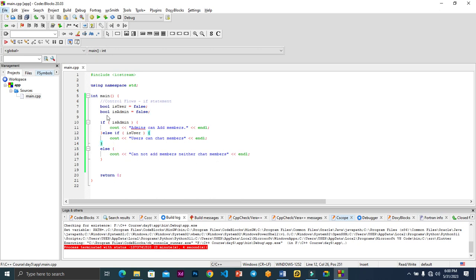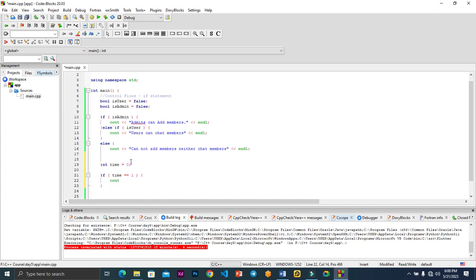All right, so having understood this, I'm going to create a simple greeting app here. I'm going to first say int time and set it to 0. Now I would come back to add a time, and so I'll just come and say if time equals 1. Okay, if time equals 1, we should say cout good morning. Okay, and then I need to end here,